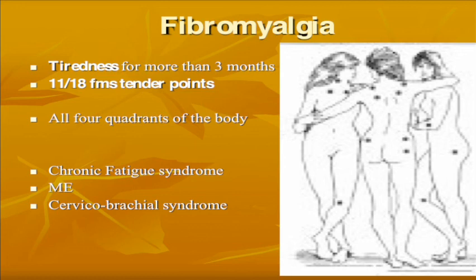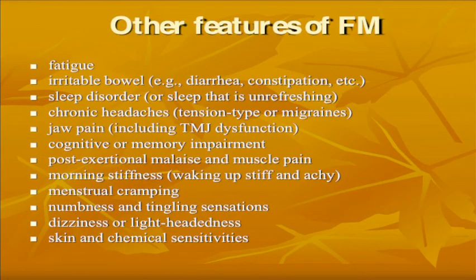Next slide, please. So this is a diagnosis of exclusion. See, I've told you, if you can recognize osteoarthritis, if you can recognize rheumatoid arthritis, and if these patients still have this whole body pain, not a single region, whole body pain, and they have these trigger points. That's one thing we always check for, trigger points, especially these two. If you press them, they complain of pain like that, you know, and they have this altered pain perception, which is an increased pain perception, what we call hyperalgesia and allodynia,